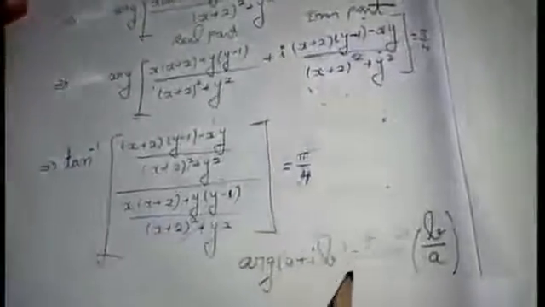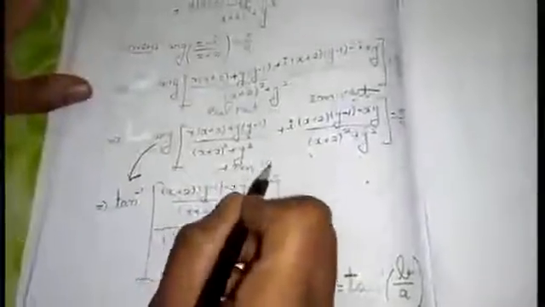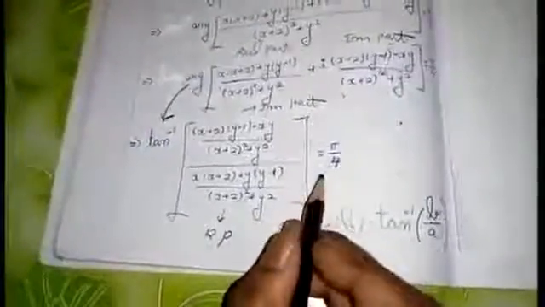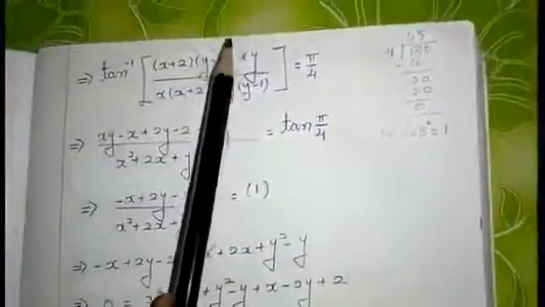Before doing the sum, just see here. Argument of a plus ib, that is real part plus imaginary part, can be written as tan inverse of b by a, that is imaginary divided by real. I am converting this argument using the formula, tan inverse of imaginary part divided by real part. This is the imaginary part, students, which you have in fraction form, and similarly the real part is also in the form of a fraction, equal to pi by 4. So in tan inverse, the denominators get cancelled and only the numerators remain. You will get a value like this, equal to pi by 4.